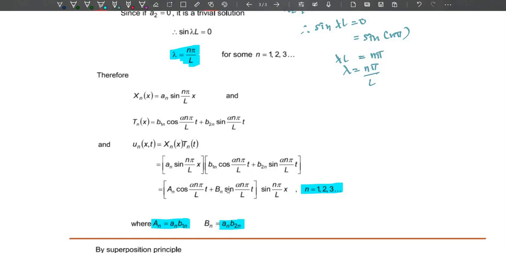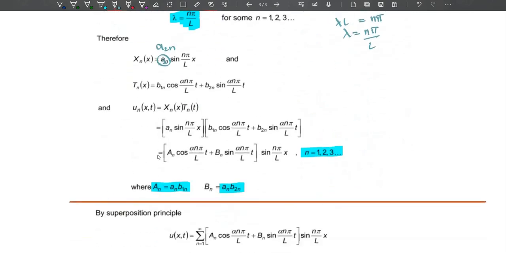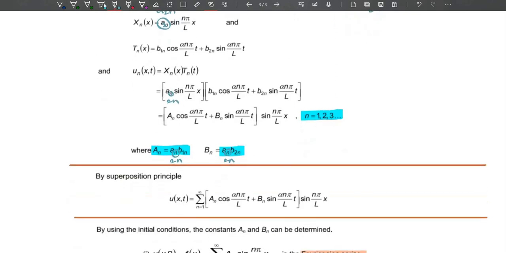Actually, if we refer here, it should be A2n here, because this is A2, right? So it should change actually into A2n. But it doesn't matter much. Here is A2n, so here maybe you can change it to A2n. So next, by using the superposition principle,